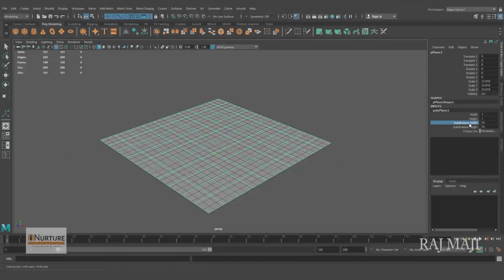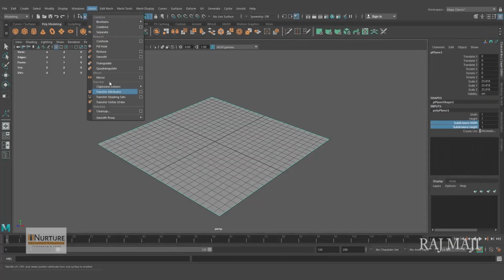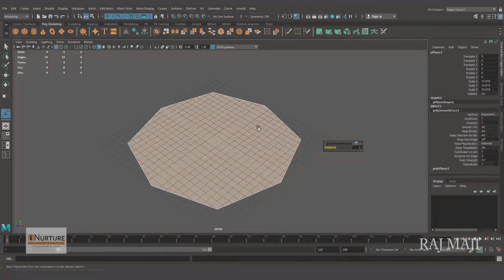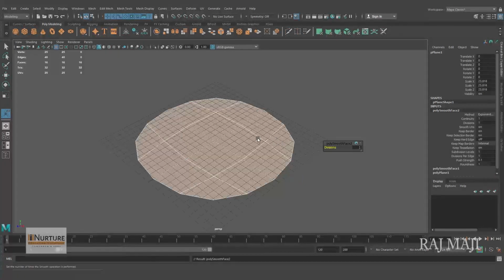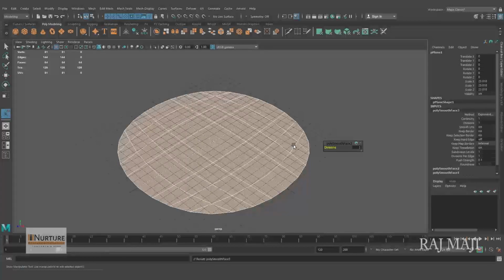Going to the polyplane subdivisions, making it 0, going to mesh and smoothing. Right, so I am pressing G once again, G once again.